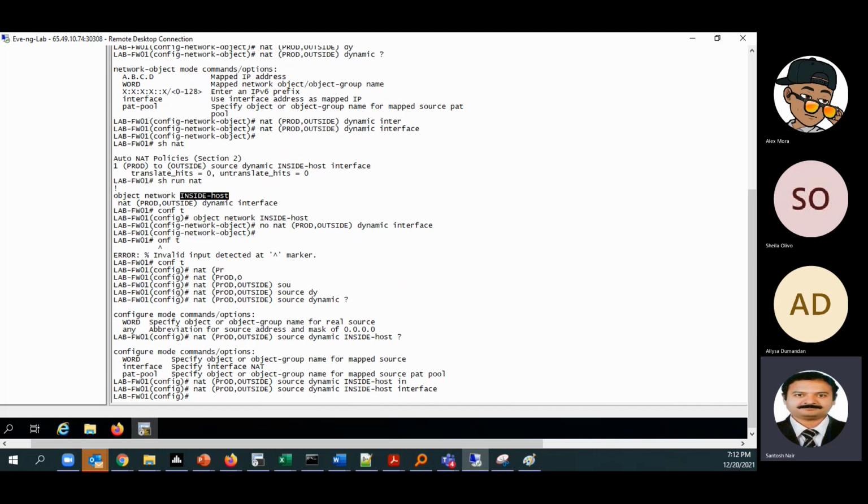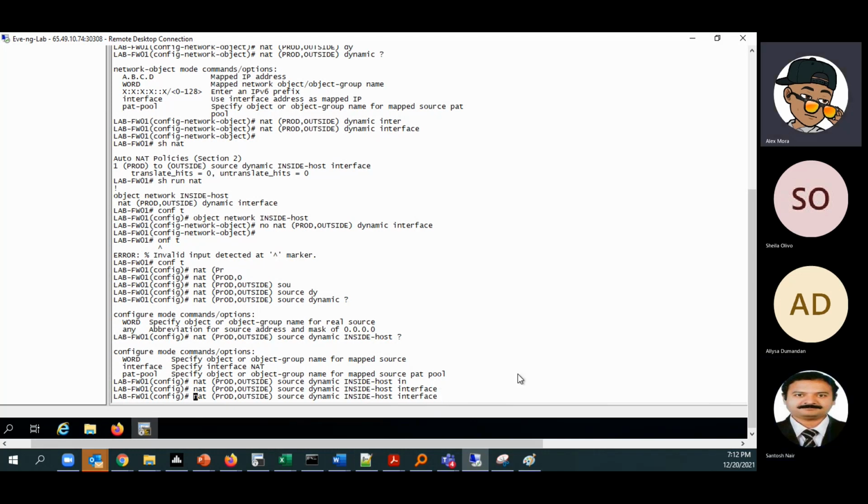Earlier this option was not there, because the source is already mentioned, so we don't have to mention the source. Here, when we are doing manual NAT, we have to mention the source first, and then we have to mention what IP address the source has to be NATed to. This is a many to one. That's it. This is a one to one NAT. So again, are you guys with me? Are you able to understand this till now? Yes, sir. Yes.